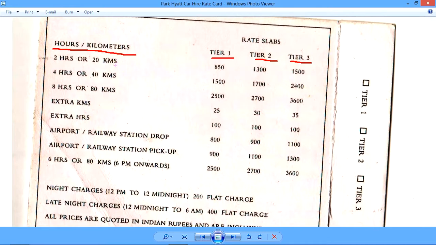The first combination here is 2 hours or 20 kilometers, and then the three types of rates: 850, 1300 rupees, and 1500 rupees.